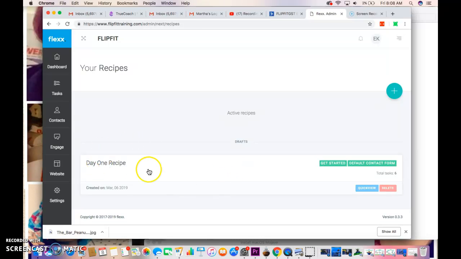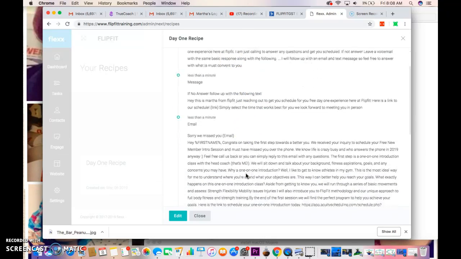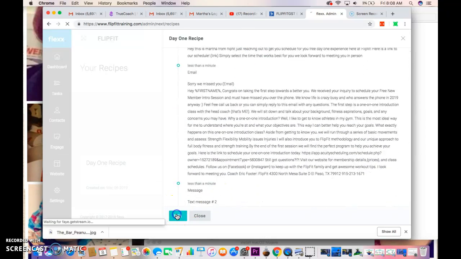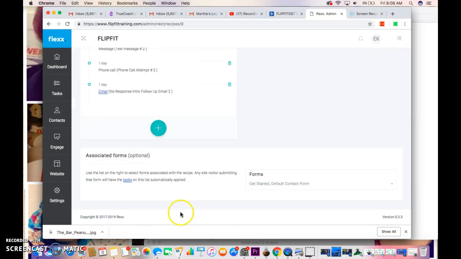So I just had this day one recipe, which I was working on. Okay, so bam, bam, bam, bam. Here it is. Now, if I go to the back end, the edit, right? You can see that I have both the get started and the default contact form engaged, meaning, or I'm thinking